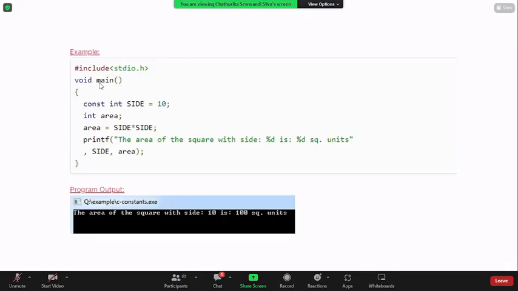Under the void main, we write whatever code we need. As the first thing, you will see const int SIDE equal 10. So SIDE is the name of the variable and it's a constant. SIDE is in uppercase, and also at the very beginning, other than the data type int,